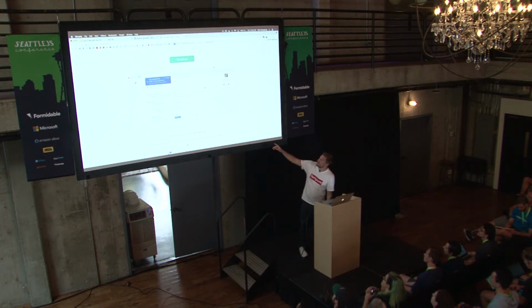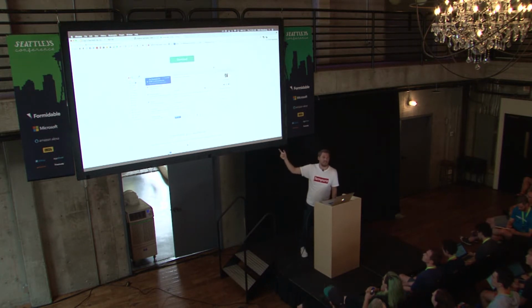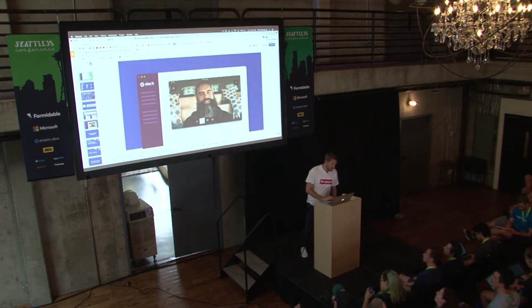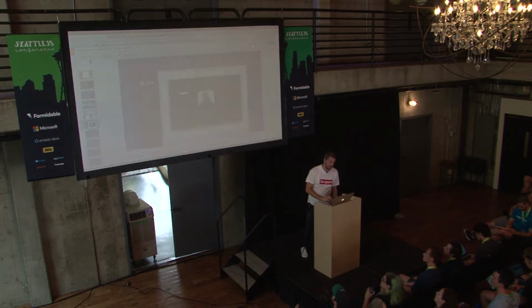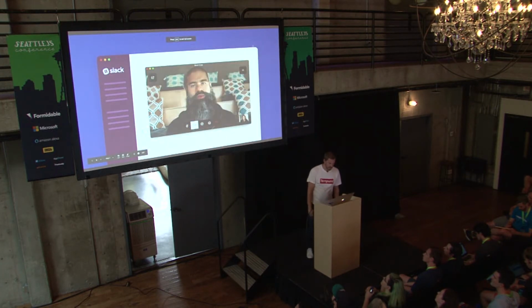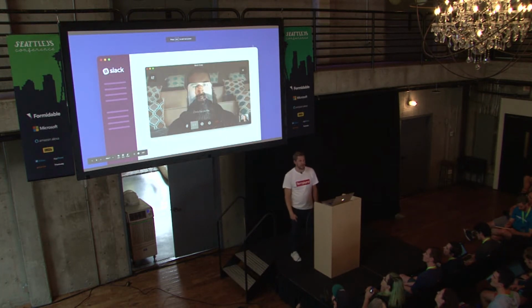And all the interfaces you write, you still write those in HTML and CSS and JavaScript. It's no biggie, right? You basically use the IPC to spin up processes to do cool stuff. And we at Slack do the same thing. We do that for video calls, right? So whenever you start a video call in Slack, we don't,